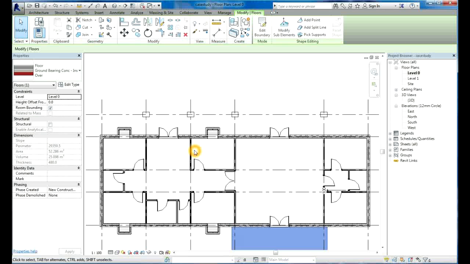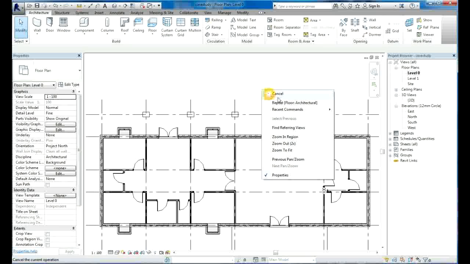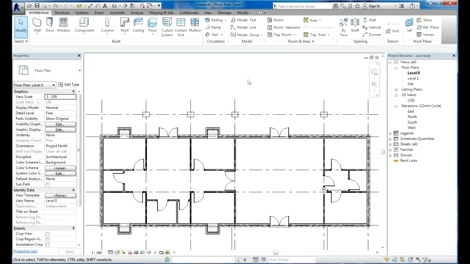They may not be appropriate for your design, so that is where your design skills or talents will have to come in. You've got to look at the performance of the building and select appropriately the assembly for both the walls and for the floors. So if we go with what we've got here generically for this demonstration, and just come out of our command by cancelling, and we're out of it, and then we just go on to install the other floors,